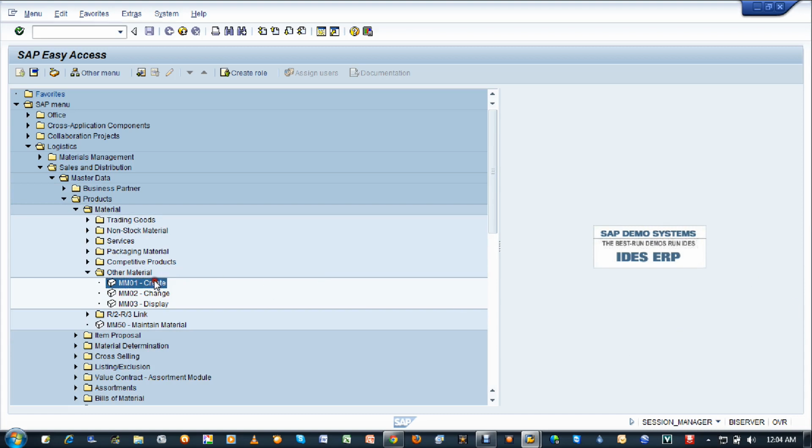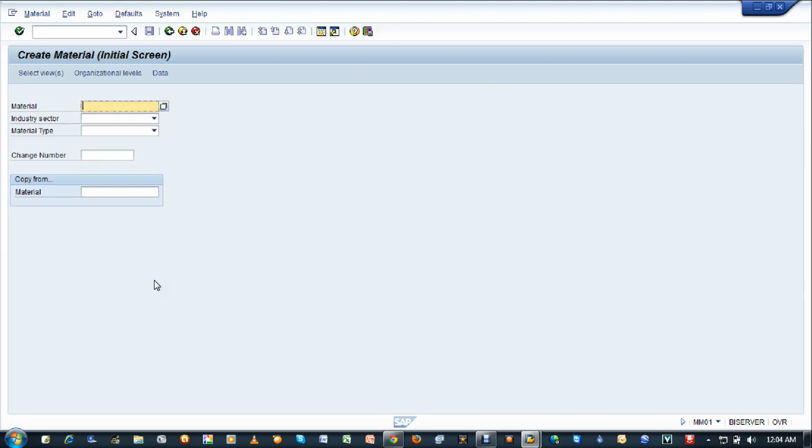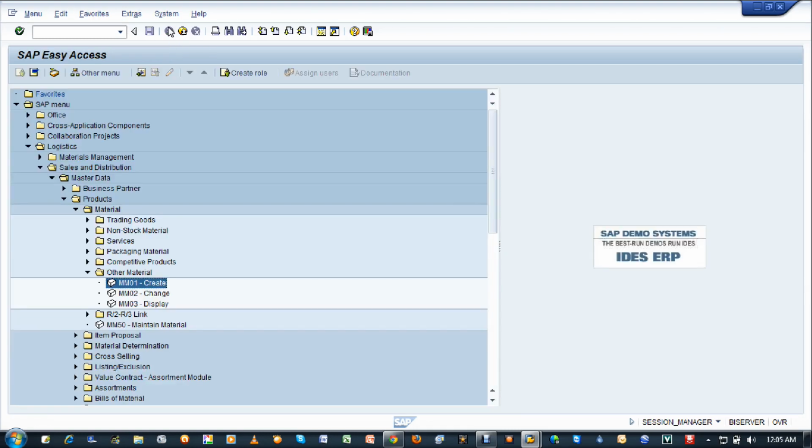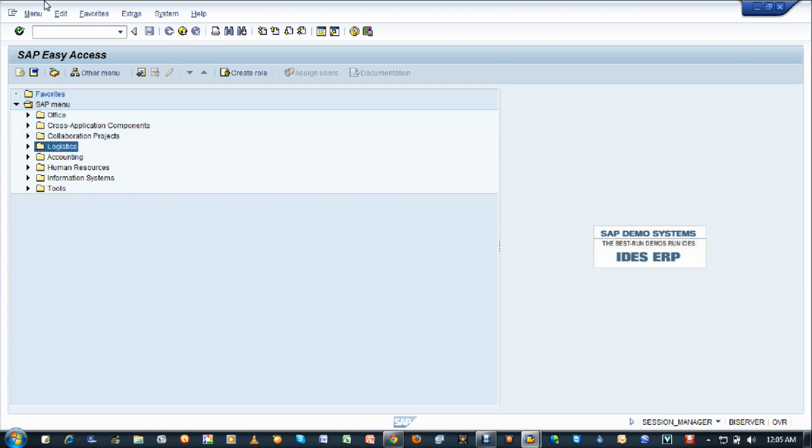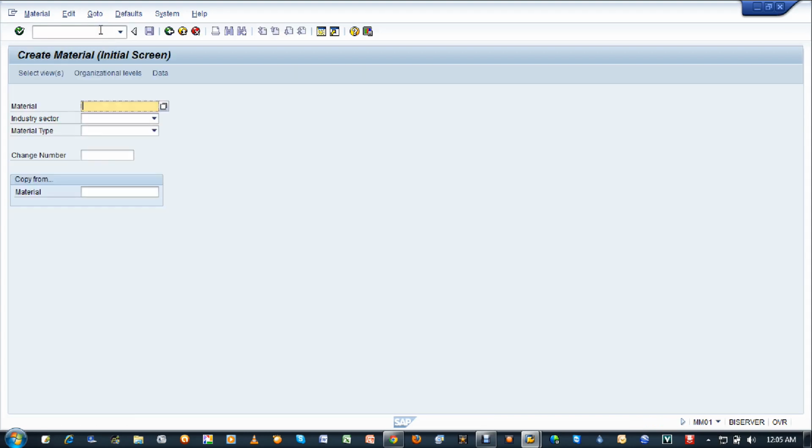Just double click here, it'll take you to the initial screen of a material master. Here it is. Now let's go back and see the other way to come here. So let me collapse this. Just punch in the MM01 transaction code in the command field and press enter. So here